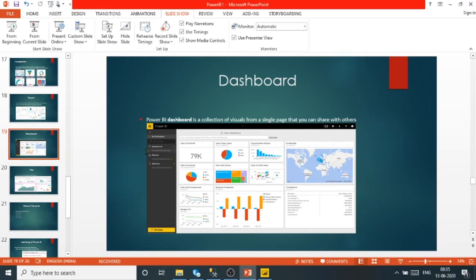You can only create your Power BI dashboard on Power BI services. You can just arrange your tiles according to the business requirements, whatever is required in a home page. So you can just click on live pin, pin these visuals, pin these tiles to home. Once you pin, it will be reflected on a home page as in a dashboard page.